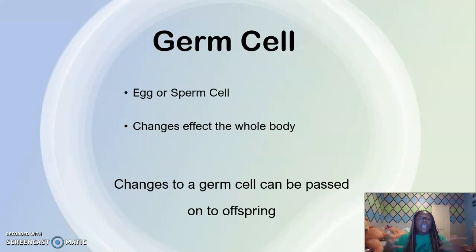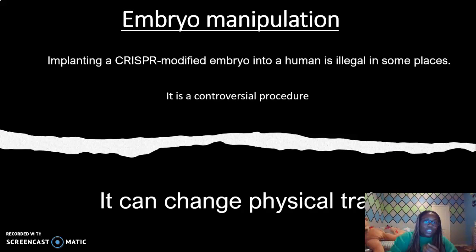Now, germ cells are an egg or a sperm cell. These change whole bodies. Usually, these are done at the embryo level. Well, they can be done at the embryo level. And germ cells can be passed on to offspring and future generations to continue on that specific gene. Germ cell editing is also known as embryo manipulation. Implanting a CRISPR-modified embryo in a human is illegal in some places, and it is a controversial procedure because it changes